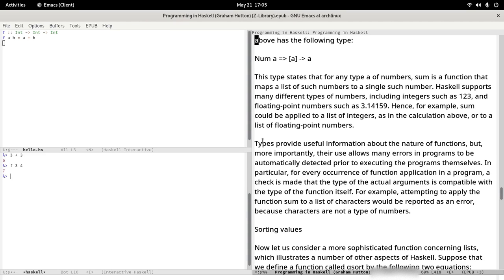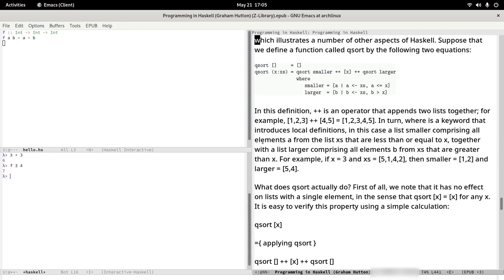Sorting values. Now let us consider a more sophisticated function concerning lists, which illustrates a number of other aspects of Haskell. Suppose that we define a function called qsort by the following two equations. Qsort of the empty list, and qsort of x and xs, qsort of smaller plus